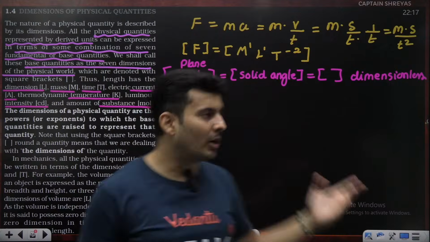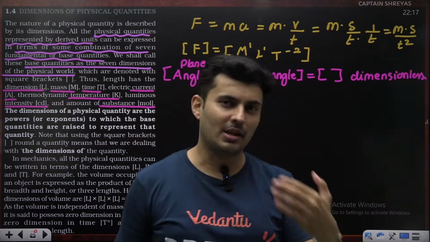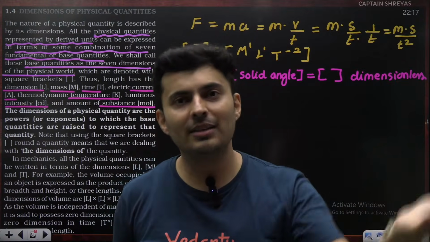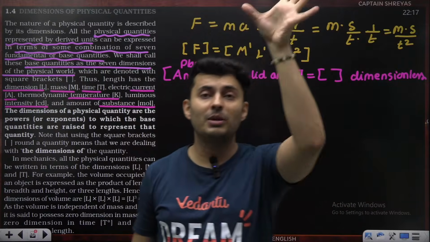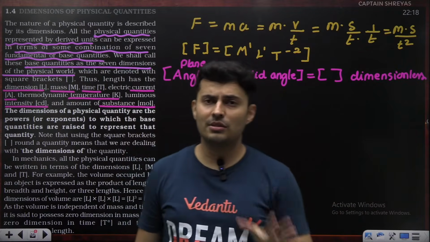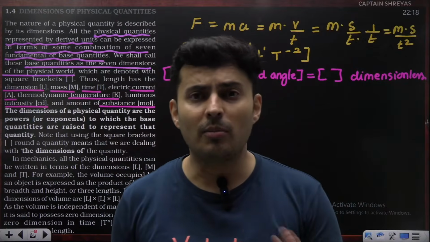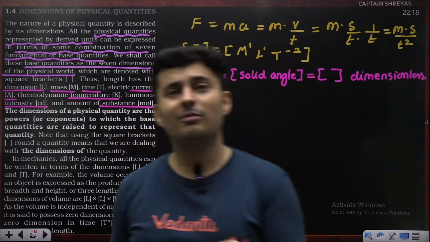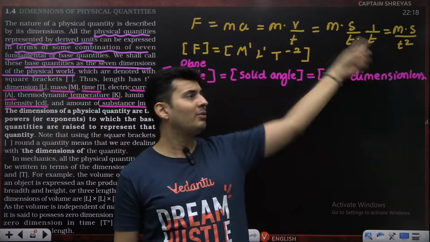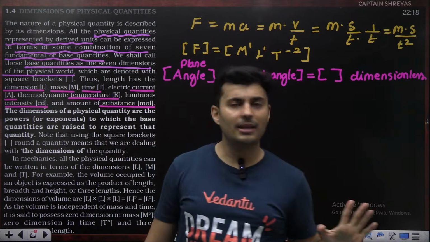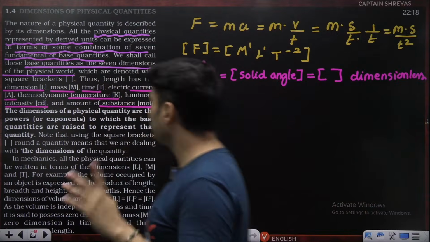So if you know formulas in physics, you can get the dimensions of everything. The only thing is, once you learn those chapters, you learn those formulas. So in your books, you might see big charts of dimensions of resistance, electric potential, inductance, and so on. Don't get scared. Once you learn that chapter in physics, you will know the formula. Once you know the formula, immediately you can write the dimensions. Is that absolutely clear till this point?